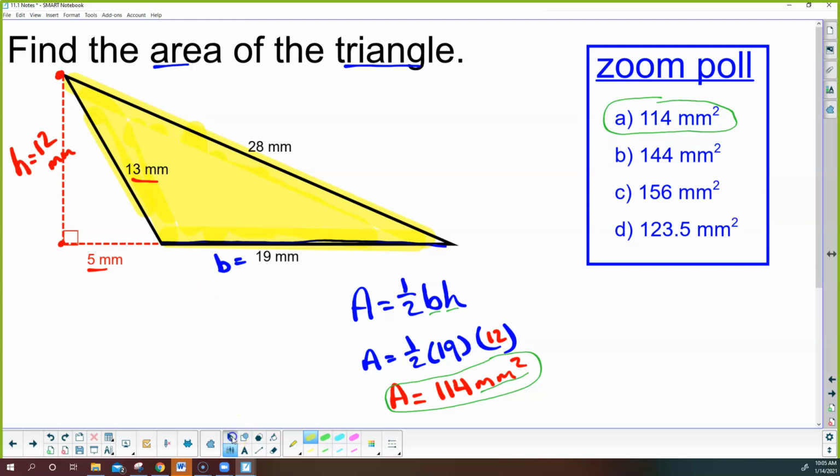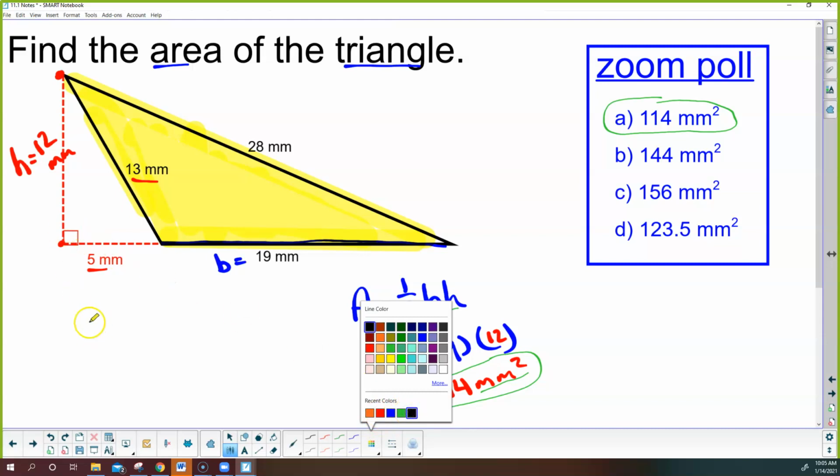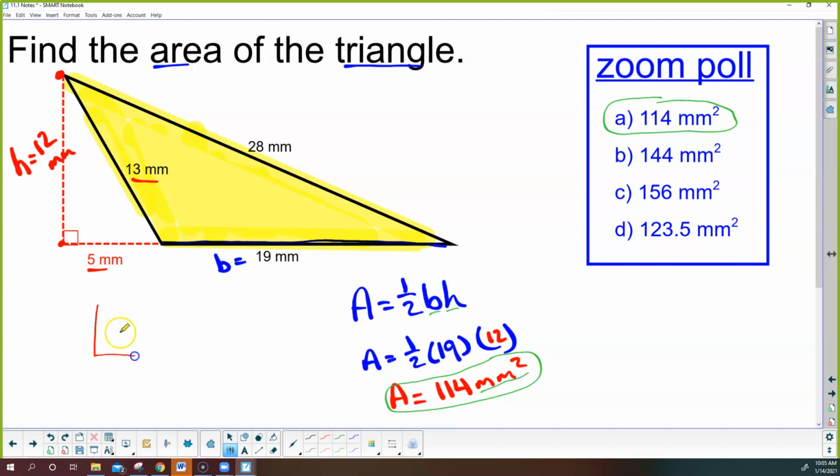All right, so a couple people were asking questions about where did the 12 come from? Well, it didn't just appear out of nowhere. So let me show you just quickly. If I take the dotted lines and I just look at a quick little triangle here, right? This is 5, this is 13. I need to find this length right here, which I can call h, that's the height. Now, it is a triple,